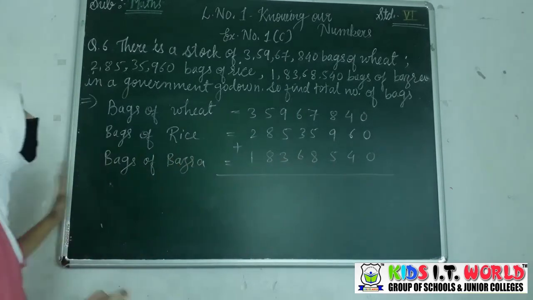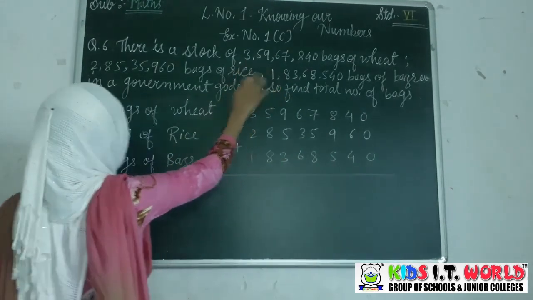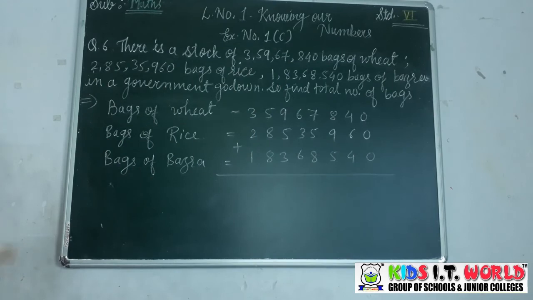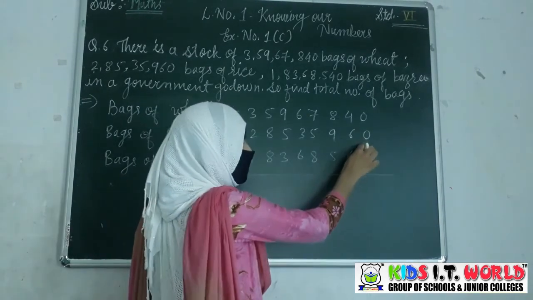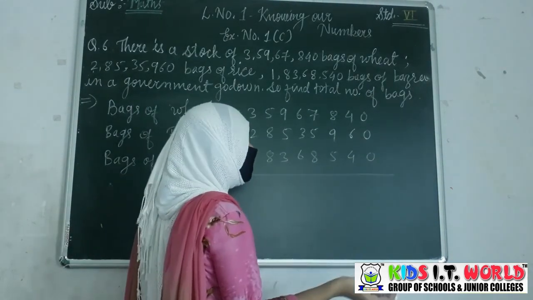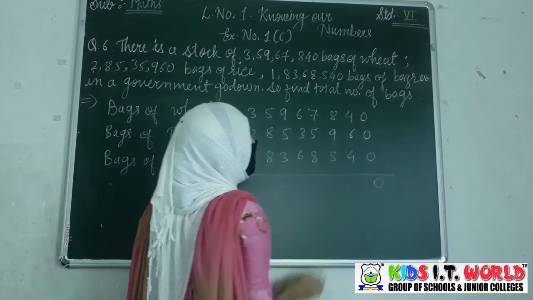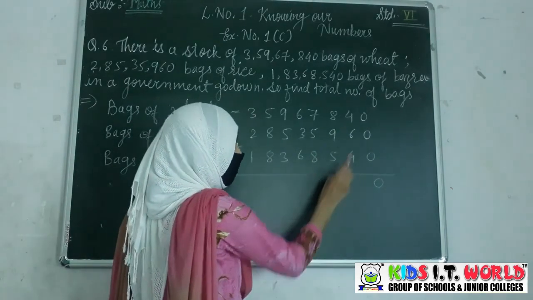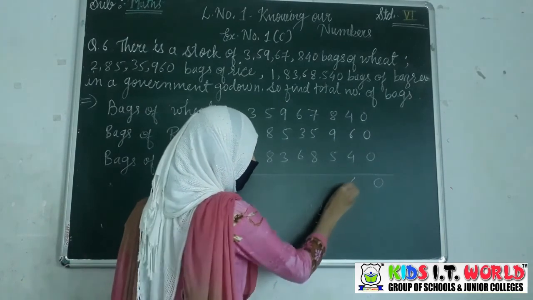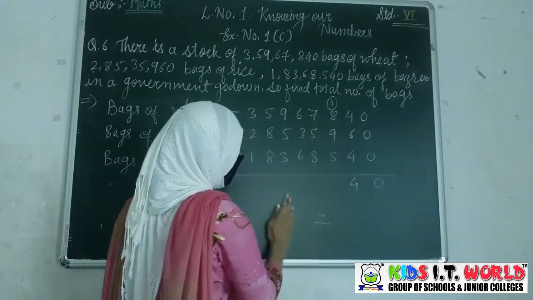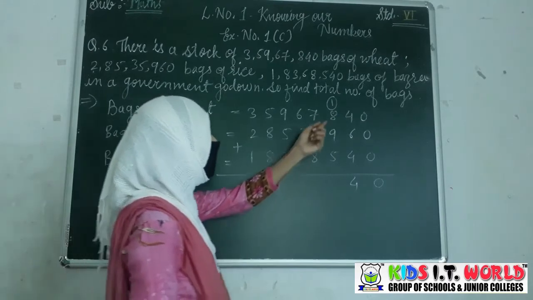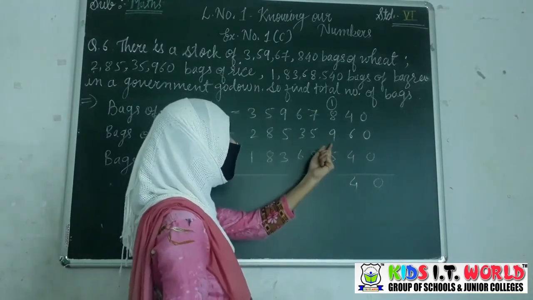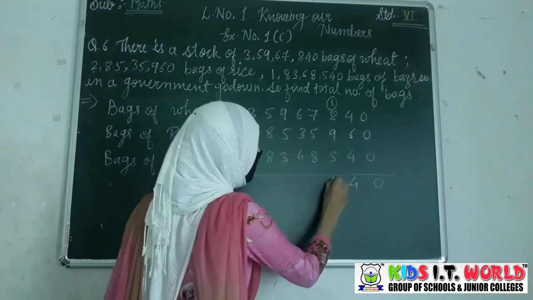Here we observe that the numbers start from the crores, so the digits of these three values will be the same. So directly we will arrange it. Now let's see the addition. 0 plus 0 plus 0. When we add 0 with 0, you will get 0 again. Here 4 plus 6, it's 10. 10 plus 4, 14. So from 14, we will write 4 here, and 1 will be carried to the next number. Now here 8 plus 1, 9. 9 plus 9, 18. 18 plus 5 is 23.